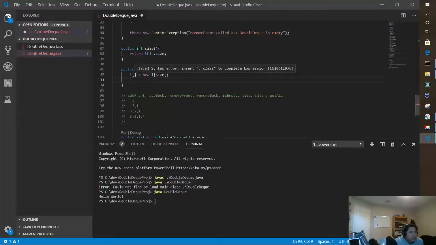It might not. Insert dot class to complete expression. Let's see, Java syntax error. Insert dot to complete expression. I'm not even sure what that means. So we have a sort of an issue here, but it's okay. This is what I normally do when I actually code, and you should probably too, or maybe not as much as me. I've worked with a lot of different languages,